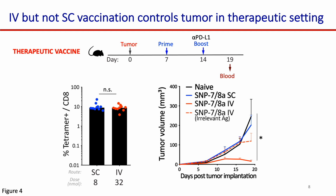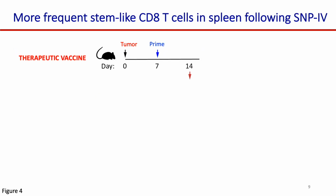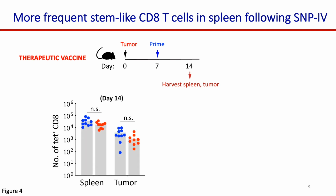for tumor control. And so at this point, we were wondering if there may be differences in the infiltration of CD8 T cells into the tumors. So we collected spleens and tumors and measured the tetramer-positive CD8 T cells. The numbers of tetramer-positive CD8 T cells after sub-Q here in blue or IV vaccination here in red were comparable